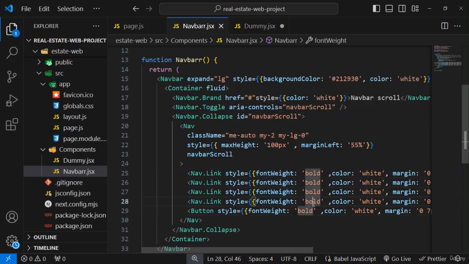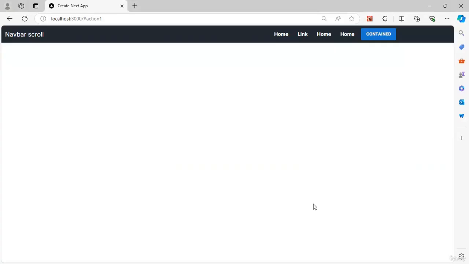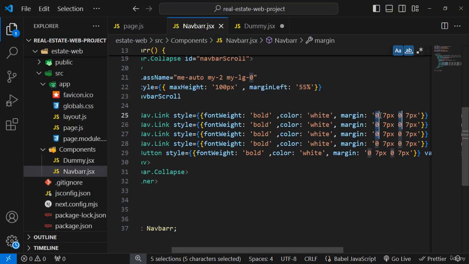So if I save it, and you can see we have the font weights as bold. I'm just going to take some margin from top and bottom. I'm just going to take 5 pixels,